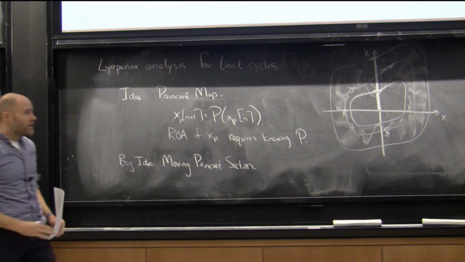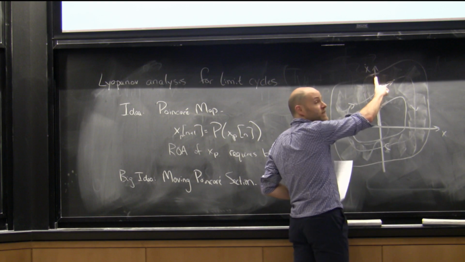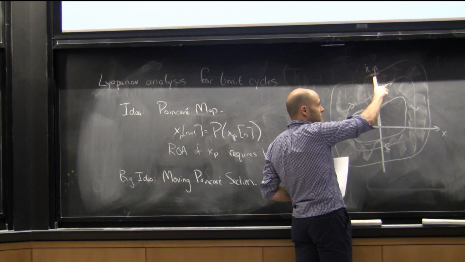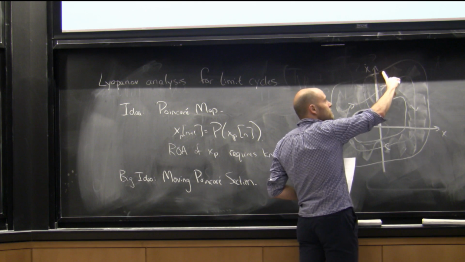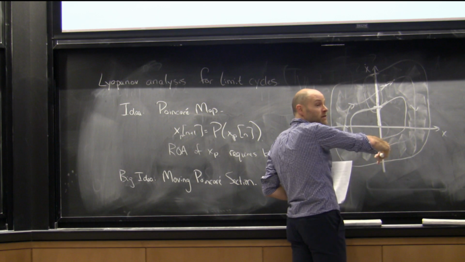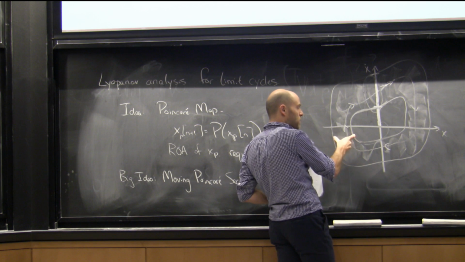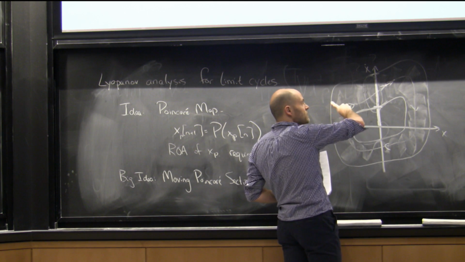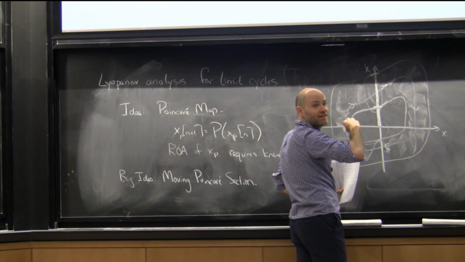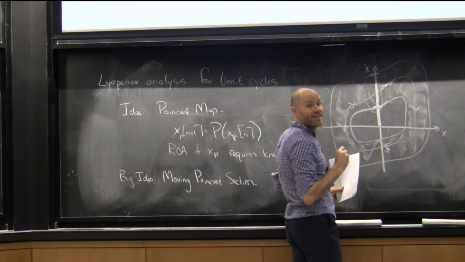Okay, so the picture I want you to have in your head is that I have a surface of section here. Instantaneously, I can say something about the dynamics of that system, of that vector field. But I'm going to let my surface of section move along the trajectory, and I might have a different surface at each point. If I can say something for all of the surfaces of section that follow the trajectory, then